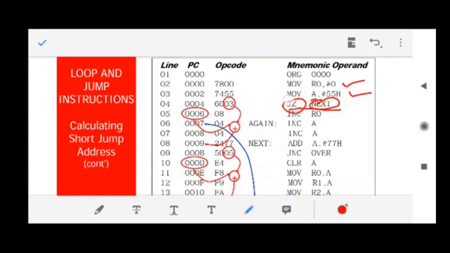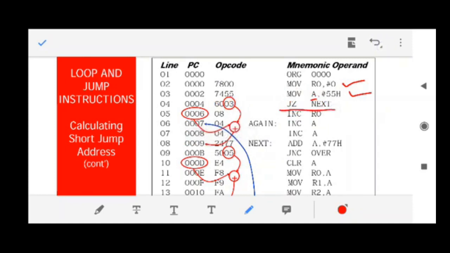This next means 03. So what is it saying? It is saying jump 3 steps ahead when your accumulator is 0. Fine, you got it? I'll tell you once again what this instruction means. JZ next means jump if your accumulator is 0. First it will check whether the accumulator is 0 or not. If the accumulator is 0, then please jump to next.